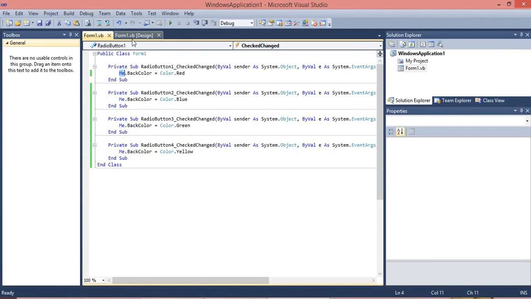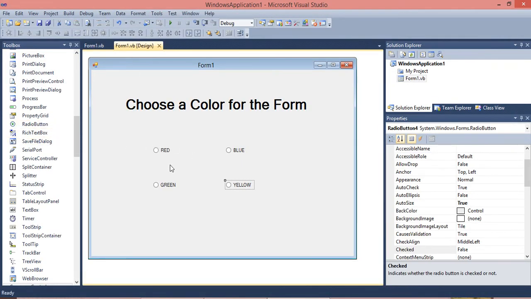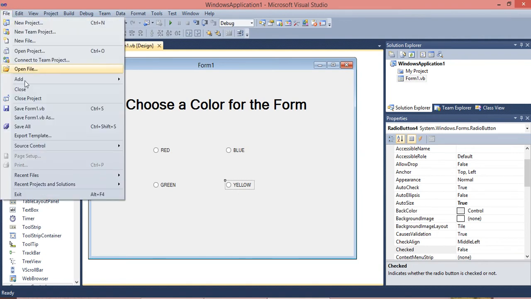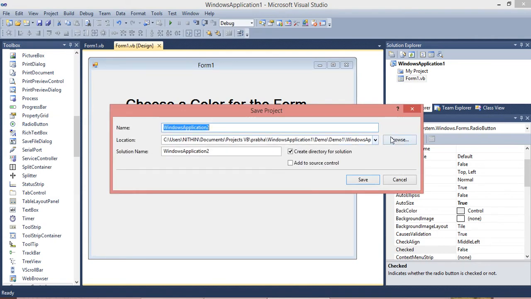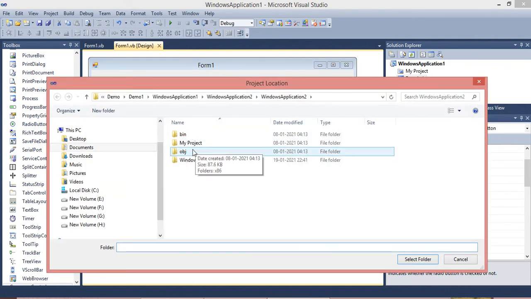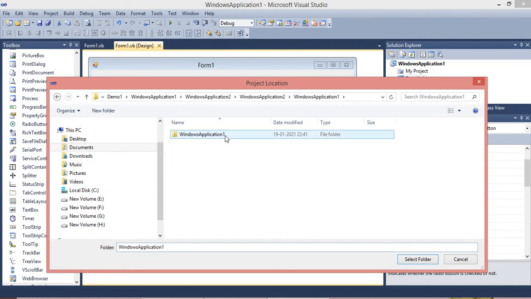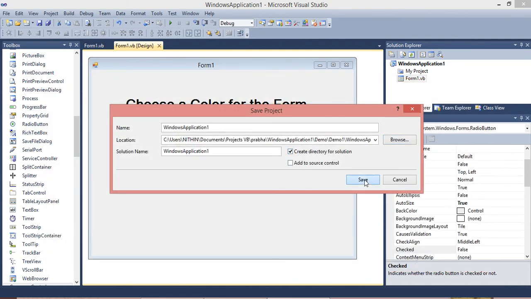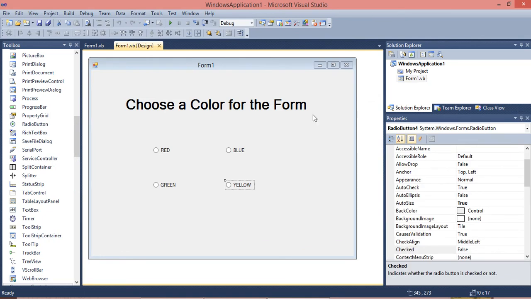What you want to remember is, if we select the radio button, only one option we can select. So according to this, you can use this option wherever you want in the VB program. So I'll save this file, go to file, save all, and browse it and choose the folder where you want to save. I'll save inside that. Select the folder and I'll give save. Yes, the program is saved.